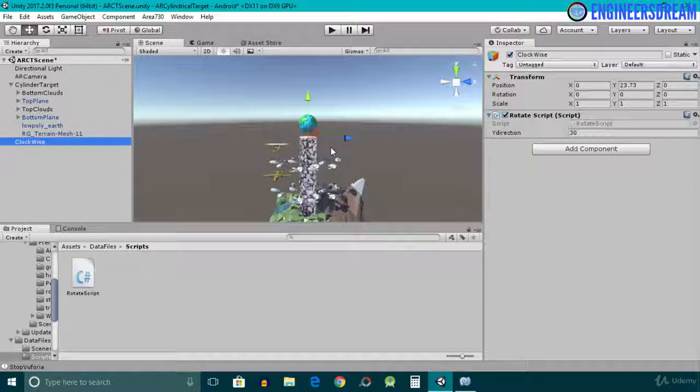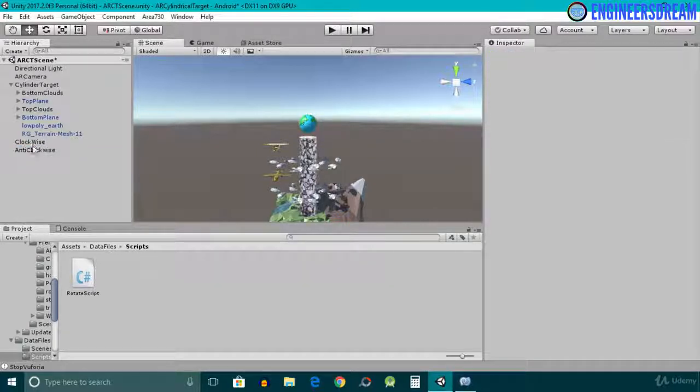So after explaining the axis logic, next I'll select the clockwise game object and press Ctrl T to duplicate it. And now as you can see, we have this new empty game object called clockwise1. I'll rename it to anti-clockwise.